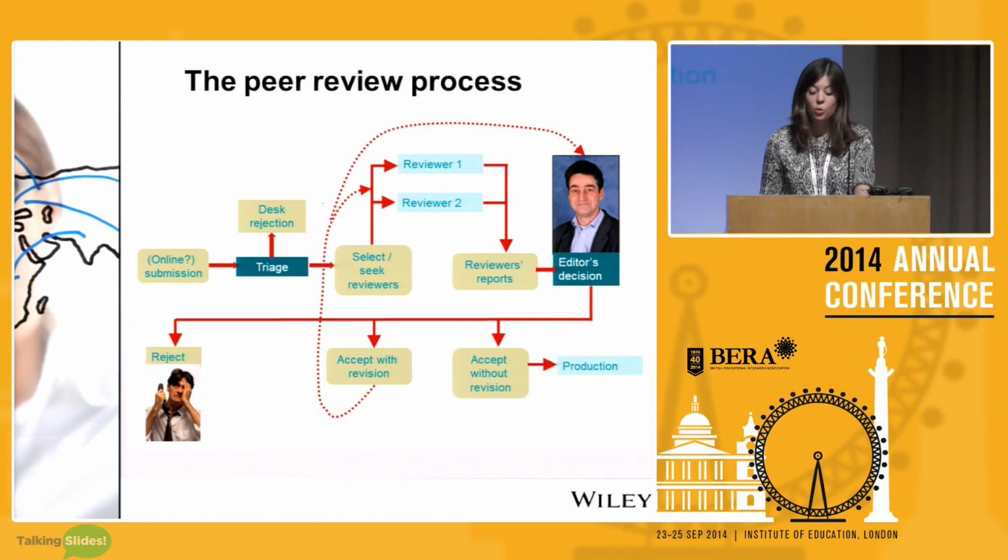The more research you do, the more aware you can be of the journal in advance of submitting, of what they're looking for, the less likely you are to fall foul of that and be in that stage. And then it flows through obviously to the two reviewers. It may be that a third is required if the opinions are split, or post-revision it may be that it goes to another reviewer, and then ultimately you end up with a decision.